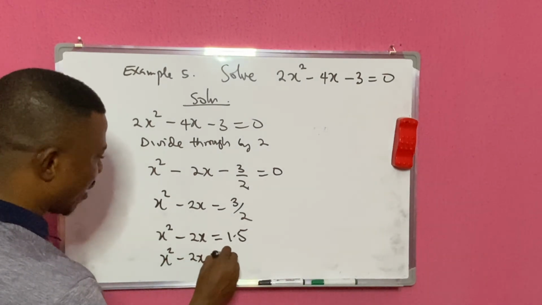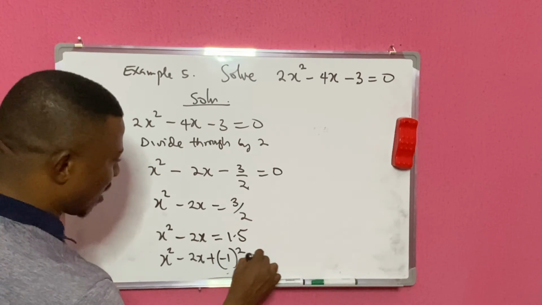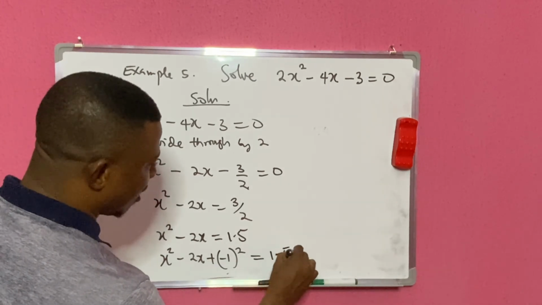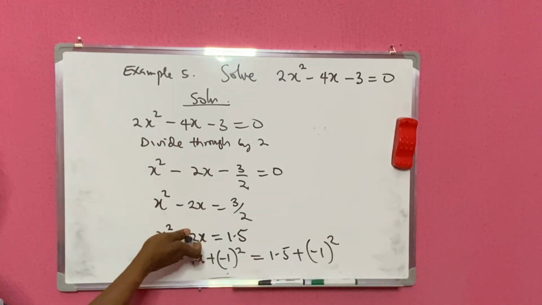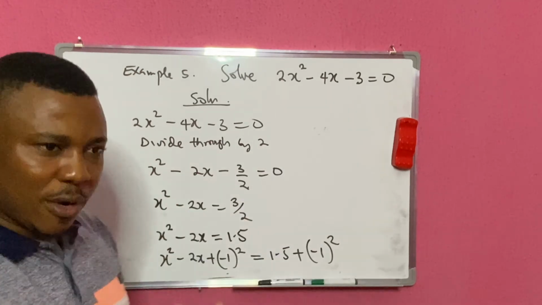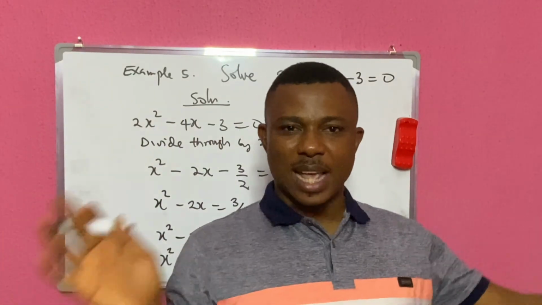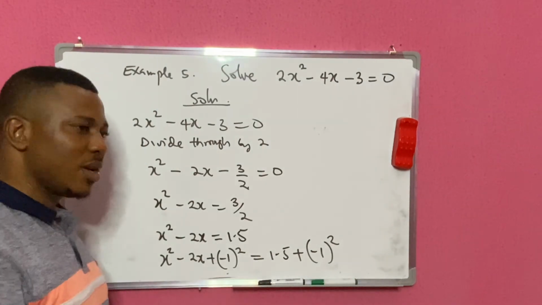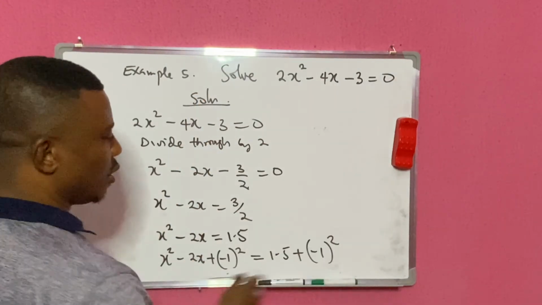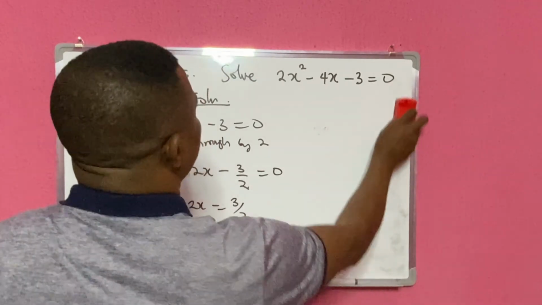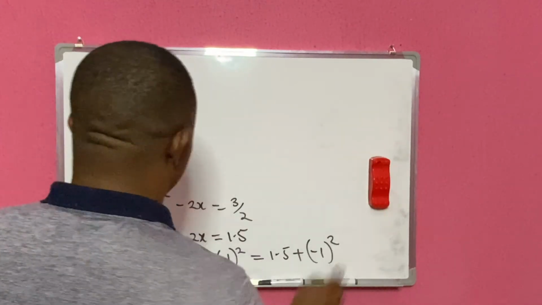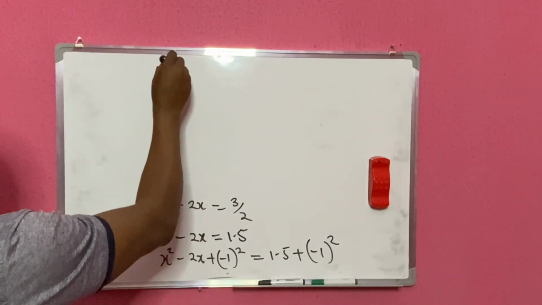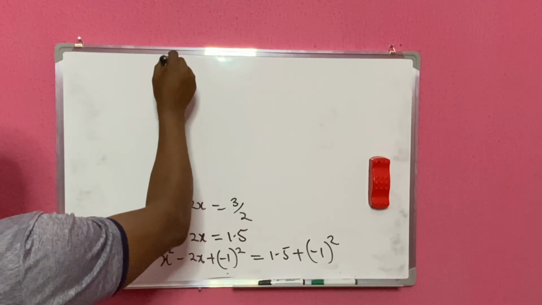Then add minus 1 squared on both sides. You see, I have performed the function. Divide the coefficient of x by 2, square your value, and add to both sides. Minus 2 divided by 2 is minus 1. I squared it, and I add to both sides. Now, you have x squared minus